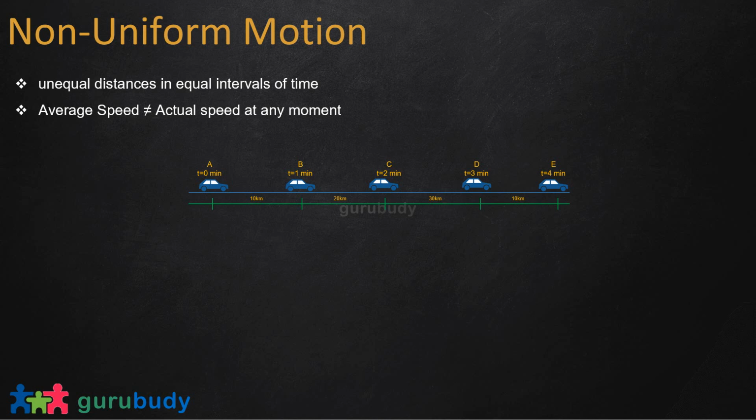So if I want to calculate average speed of this, average speed is basically total distance, which is 10 plus 20 plus 30 plus 10, which is about 70 kilometers. Total time is 4 minutes. So this is about 17.5 kilometers